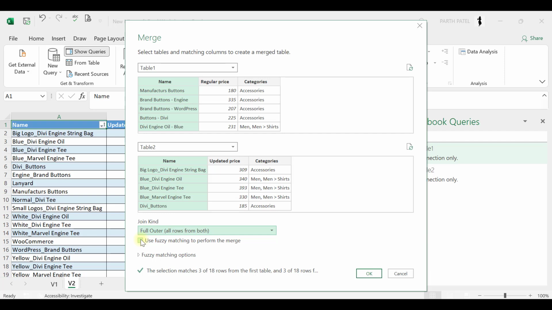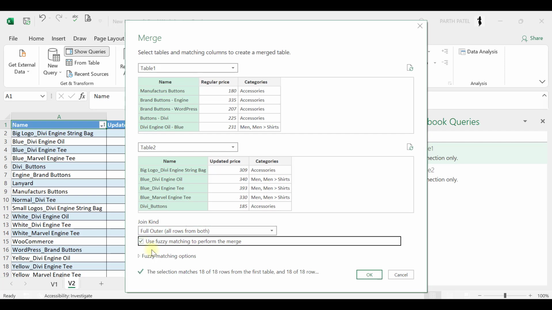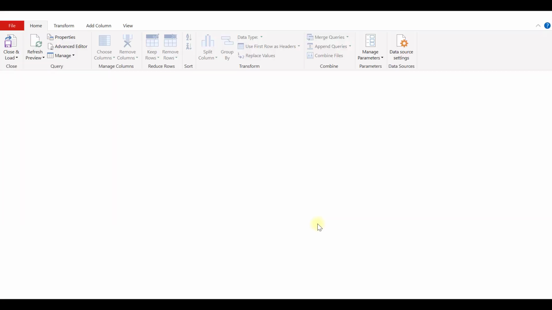But let us select this fuzzy matching to perform the merge. I'll click on this checkbox, and here you can see that it has matched all 18 of 18 rows from the first table and 18 of 18 from the second table. Now let us click on OK. It will open the query editor,